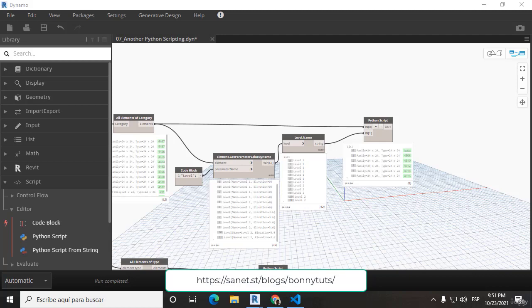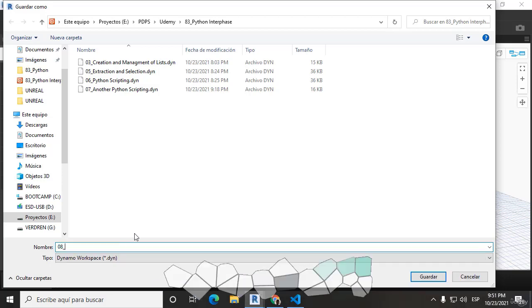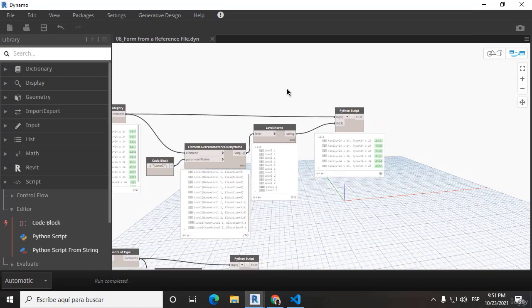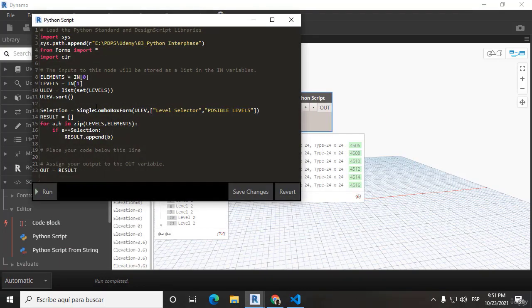Now let's make it a little more complicated. So let me save this one so we can have a reference for that. Call it 08 form from a reference file. And now what we want to do is create a multiple function so that if we are adding multiple combo